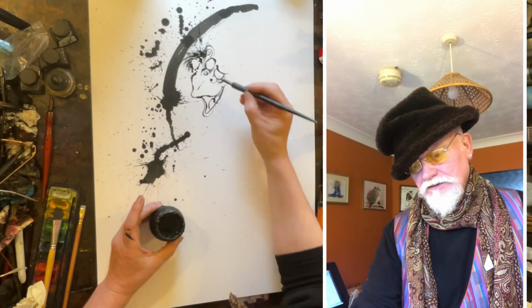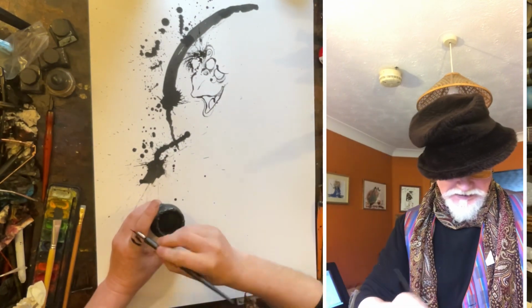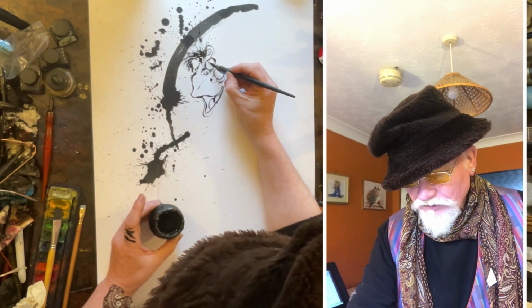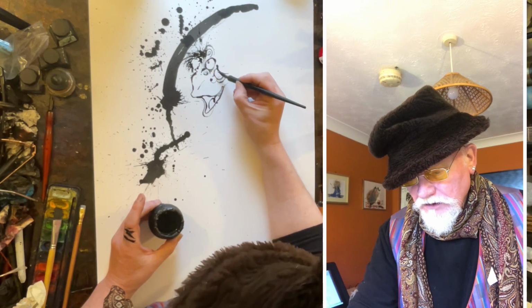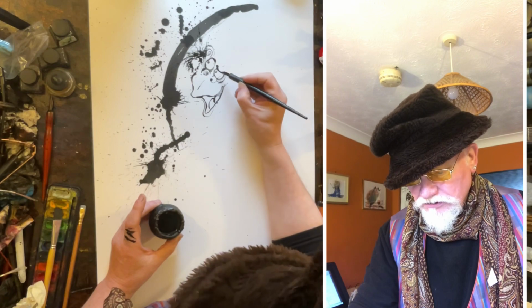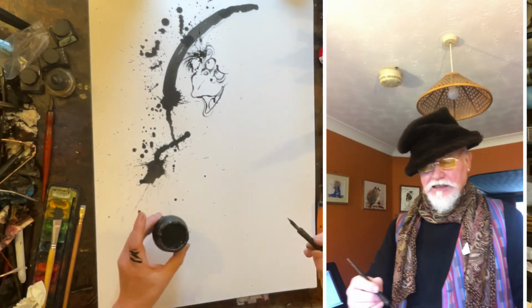Nice. Ooh. Catch that blob before another one. Sometimes it picks up little lumps of the paper, and you've got to be very careful, because if you don't see that little blob of ink, then your drawing becomes a paintbrush, you know. It kind of gives a nice kind of...